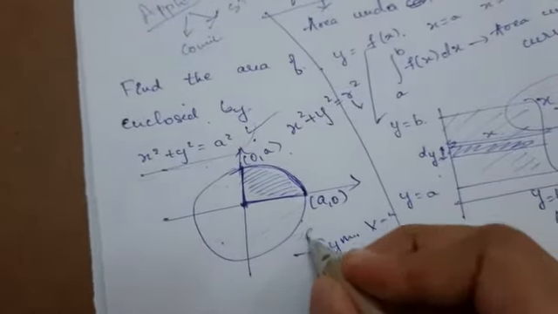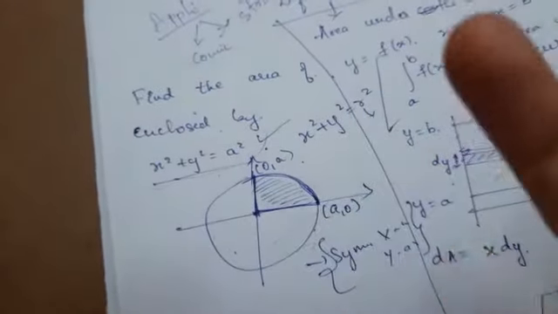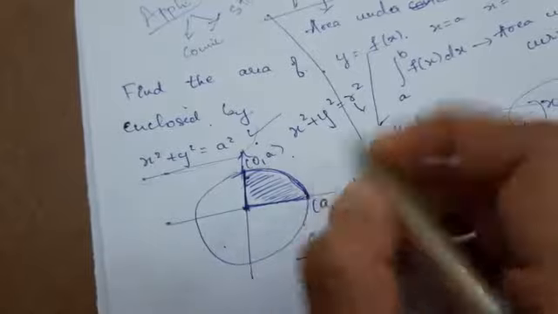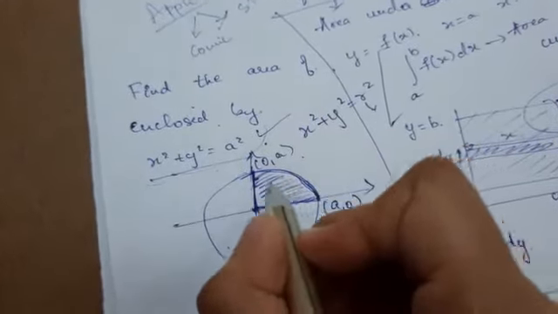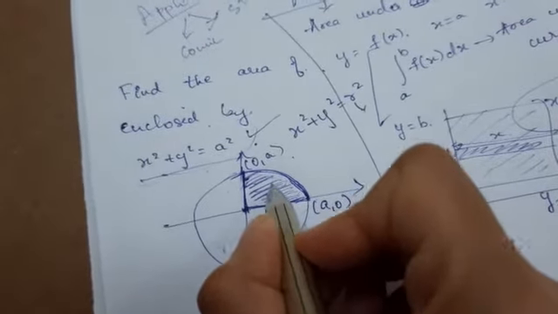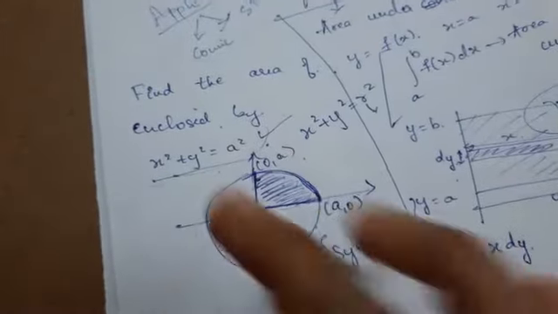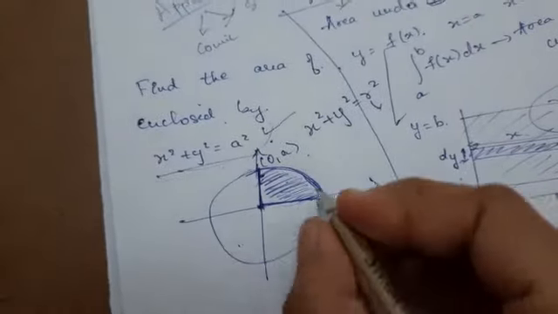We should have the knowledge of symmetry also, so that we will come to think about all these simple things. So if I find the area of this region, and multiply this area by 4, I am going to get the whole area of this circle. So how are we going to find the area of this region?